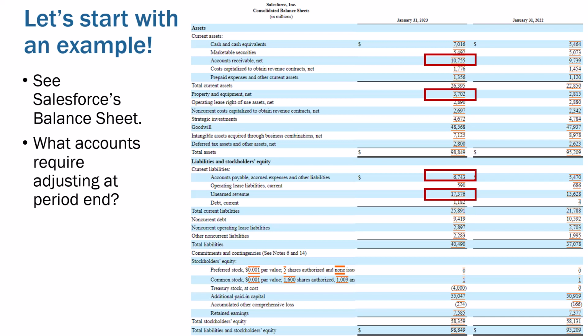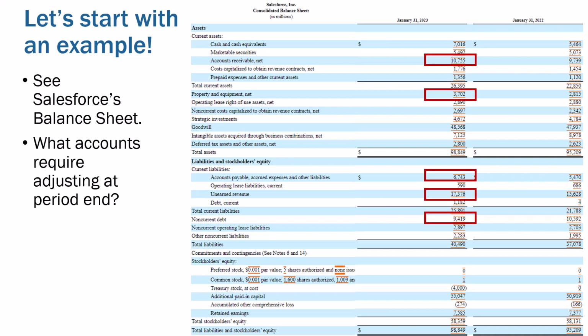We're going to want to look at unearned revenue to see if some of that has been earned. And then we're going to want to look at debt accounts to see if there should be some interest expense accrued on those debt accounts. Now, this is a final balance sheet for Salesforce, so all the adjusting entries would already be done in here. But those are just a few of the accounts and certain things that we would be looking at